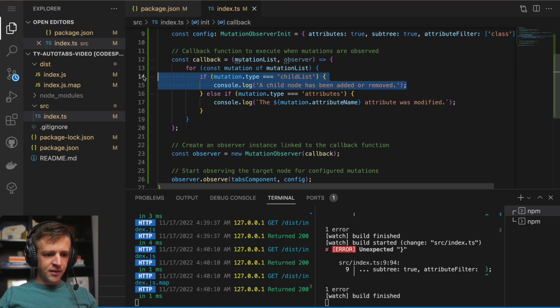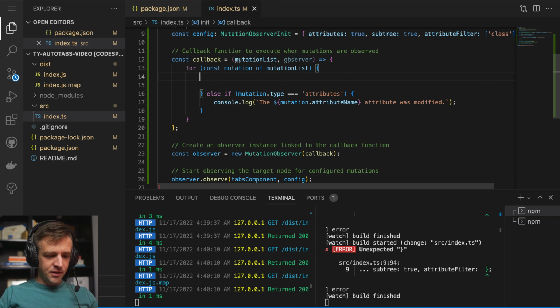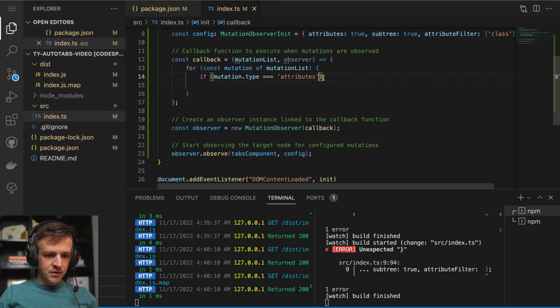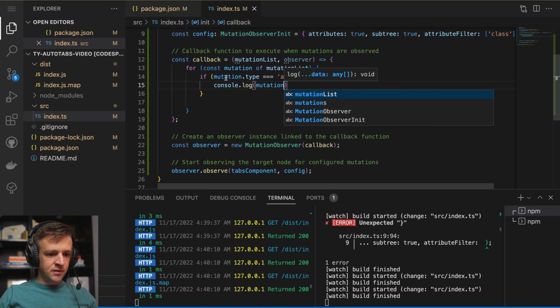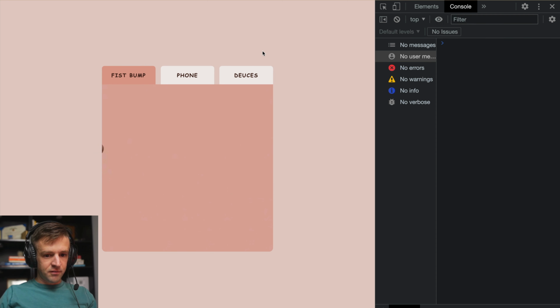So we don't need this if statement. We can say though, if mutation.type equals attributes, which is right below here, which includes that class name, then we'll go ahead and console log our mutation. Save. And if I come back here and refresh,